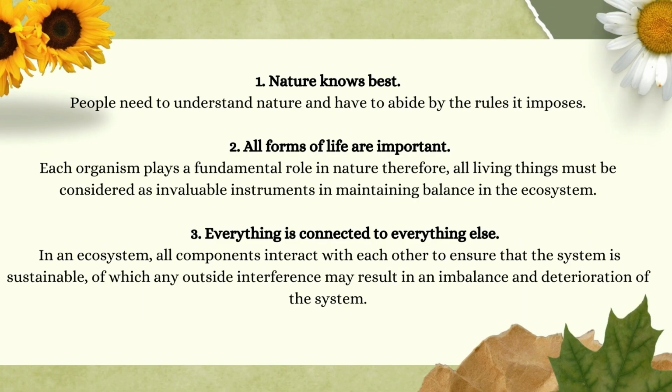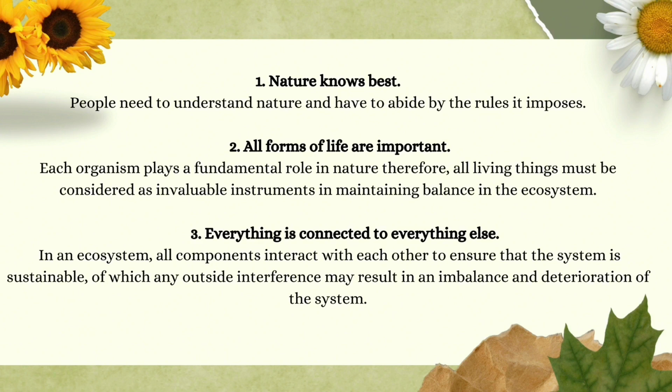So the first one is nature knows best. Nature operates by its own rules, and we humans must respect and adhere to these natural processes to ensure a sustainable supply of our resources. For example, instead of attempting to control natural waterways with dams, working with natural floodplains can help mitigate flooding while preserving the ecosystem. So we should not be harsh on the environment and act as if we should be the one who rules